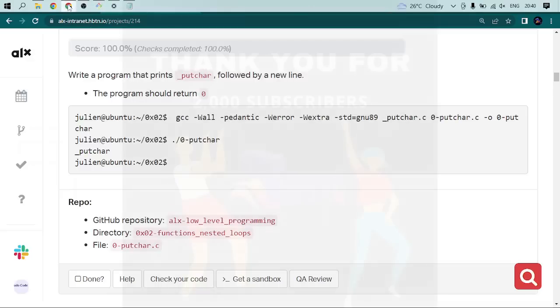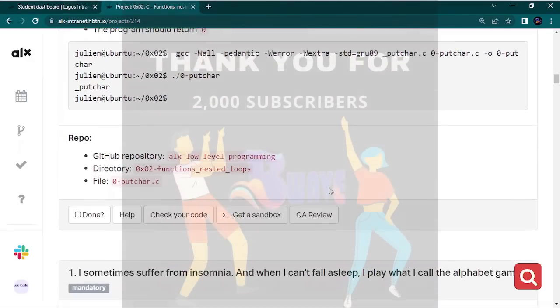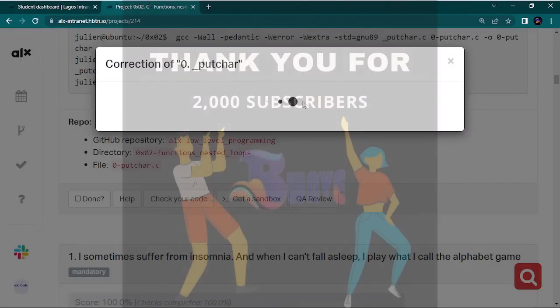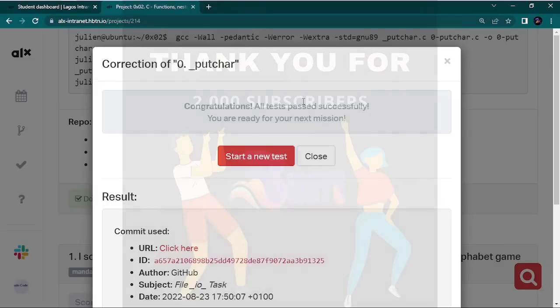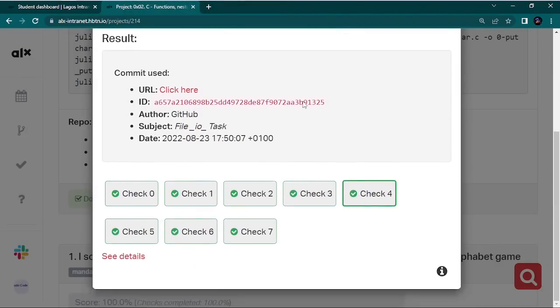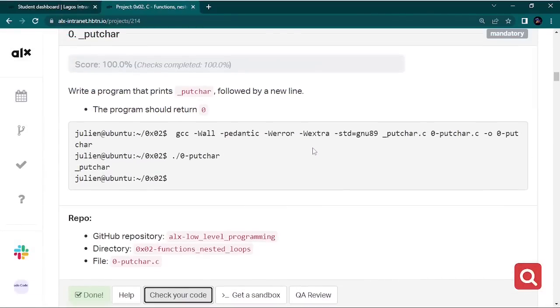All right, let's check if we've done something nice now in our 0-putchar. So check our code, start a new test, and let's see what we got. All right, so we are successful, and I hope you did understand what we did. So we use the _putchar function to print a new line, and then we define our prototype in the